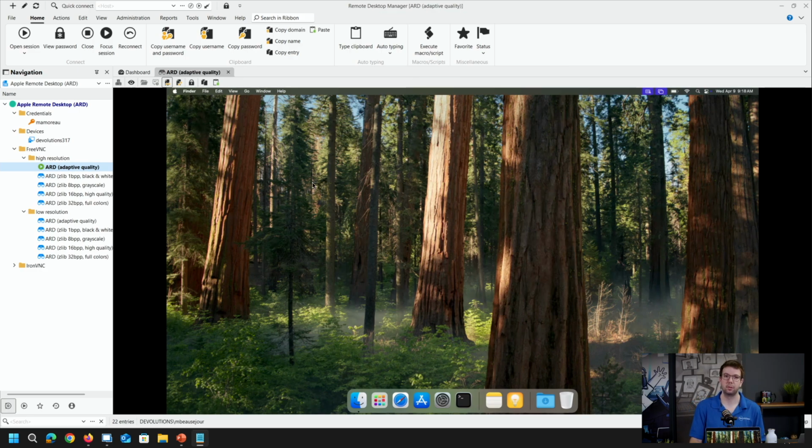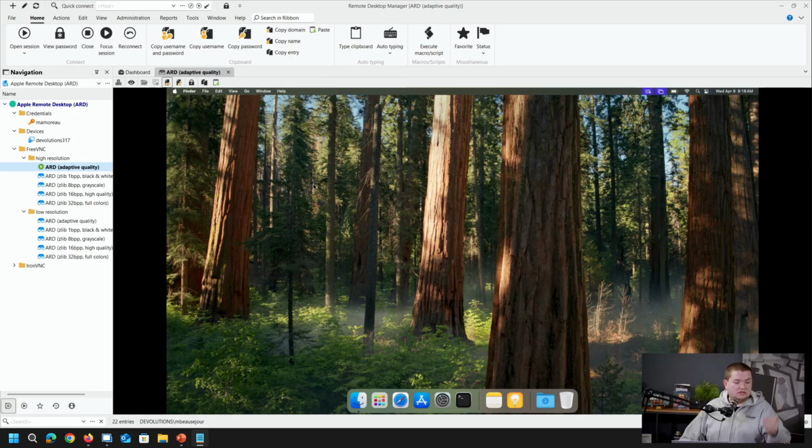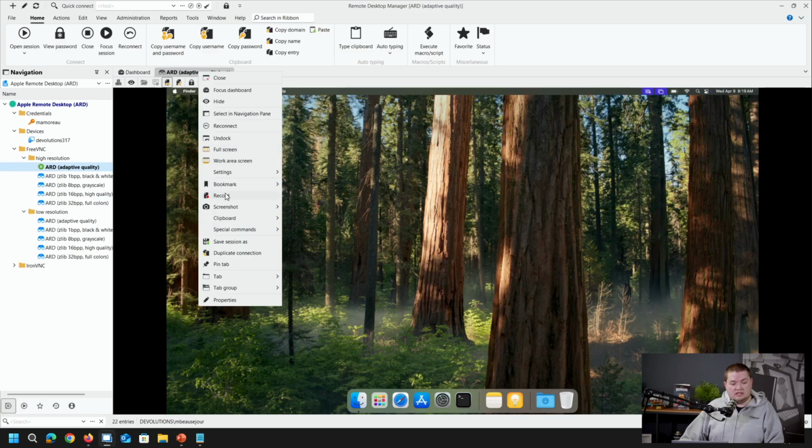Yeah, and it's very powerful. I mean, and that's why we've got a screen real estate that everyone can adaptively use and have a great experience here in Remote Desktop Manager. And one other thing quickly that we can show at the same time here is the ability to undock the session. So directly in the